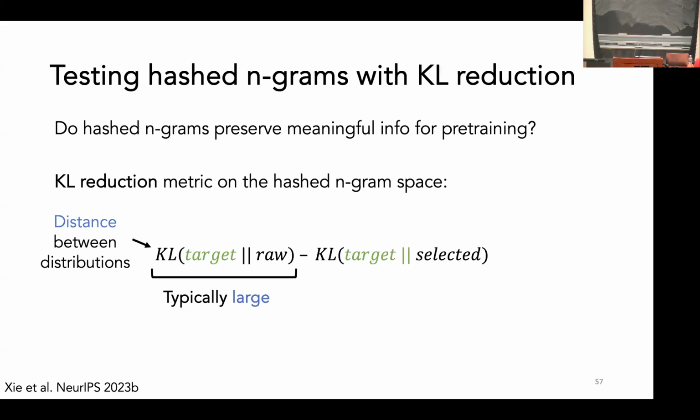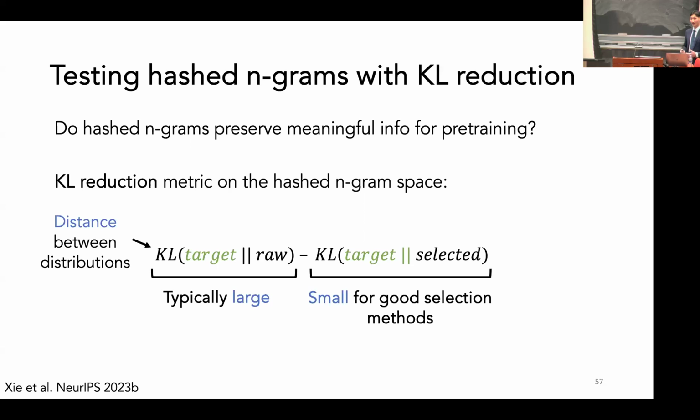The second KL divergence is between the target and the selected data that comes from the data selection method. This is typically small for good selection methods. So this KL reduction metric should be large for good selection methods. And intuitively, you can think of KL reduction as the improvement that you get in KL divergence after doing data selection.